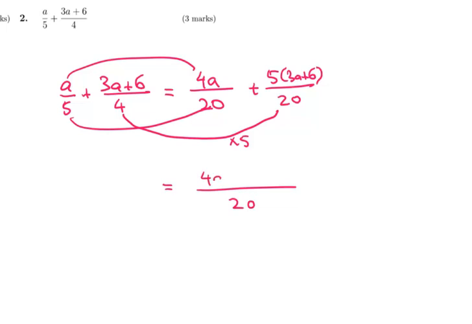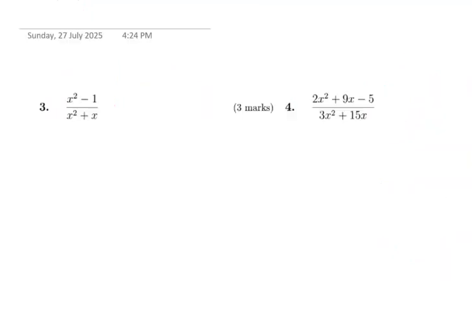So we have 4a plus 15a plus 30. Collecting up our like terms gives us 19a plus 30 over 20. All right, on to the next two. Okay, so this next one was quite poorly done by my class, because you